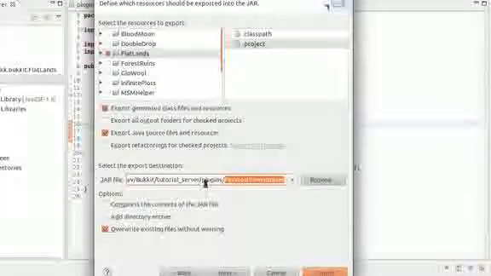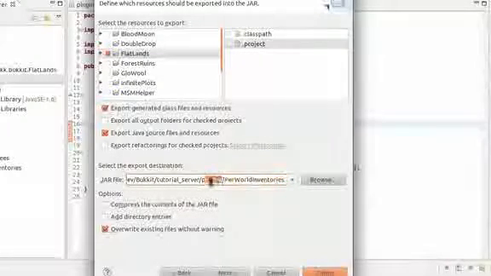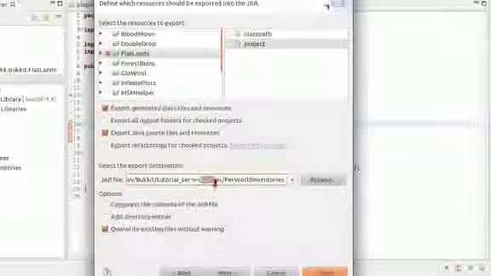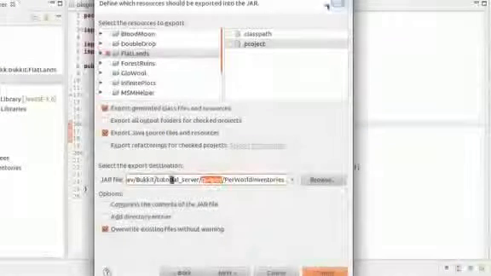So I'm just going to type in tutorial there, because that's the name of the folder. So this is exporting the jar file to your plugins folder basically. Wherever your plugins folder is, you need to enter the path to that here, or you can just click browse and pick a location, and the name of the jar file should be the name of the plugin, so